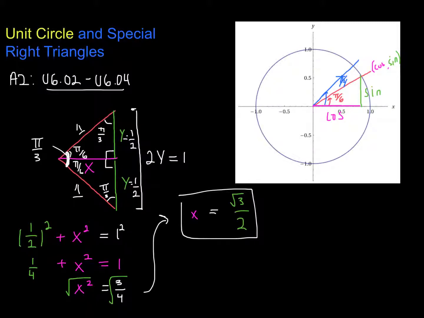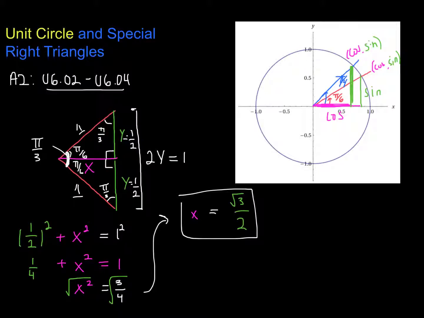Now, that is, I think, the trickier of the two special right triangles that we have to take a look at. The next one is this angle pi over 4 here. So similarly, the cosine and sine for this angle, the x and y coordinate of that point, are going to correspond to the x distance traveled and the y distance traveled, which will again construct a right